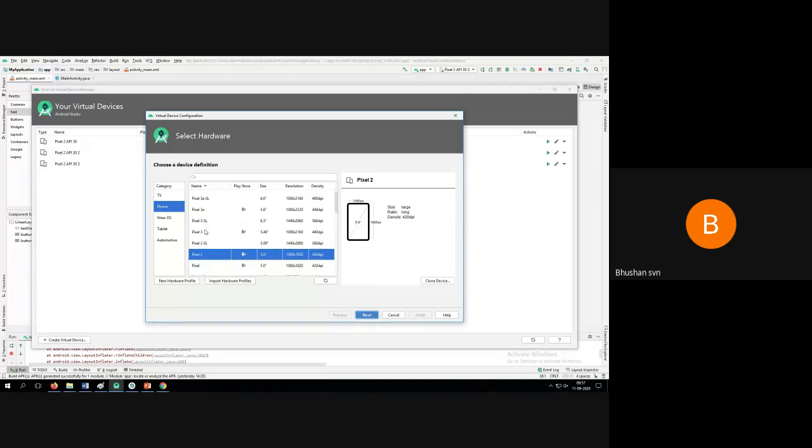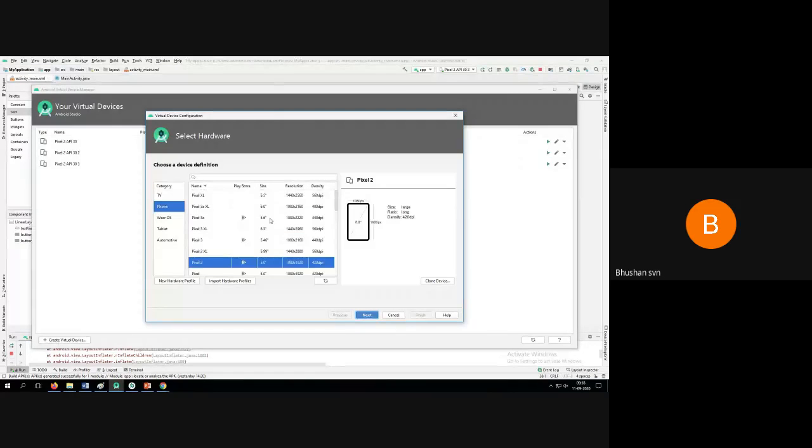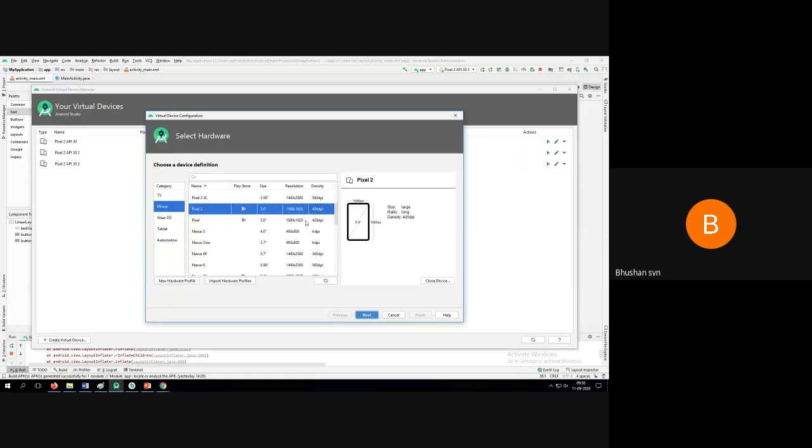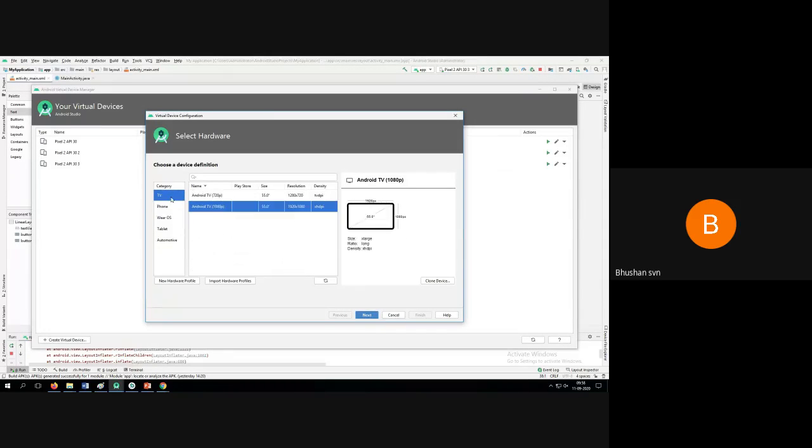Pixel 3a XL, Nexus 1, with the size of the screen, the resolution, and the dots per inch. All these things are available to execute your application on the mobile platform. Whichever you choose will be applicable. Now I am executing on a phone screen. Suppose you want to execute the same thing on a TV, you have Android TV with, say, a 55-inch screen and different resolutions.